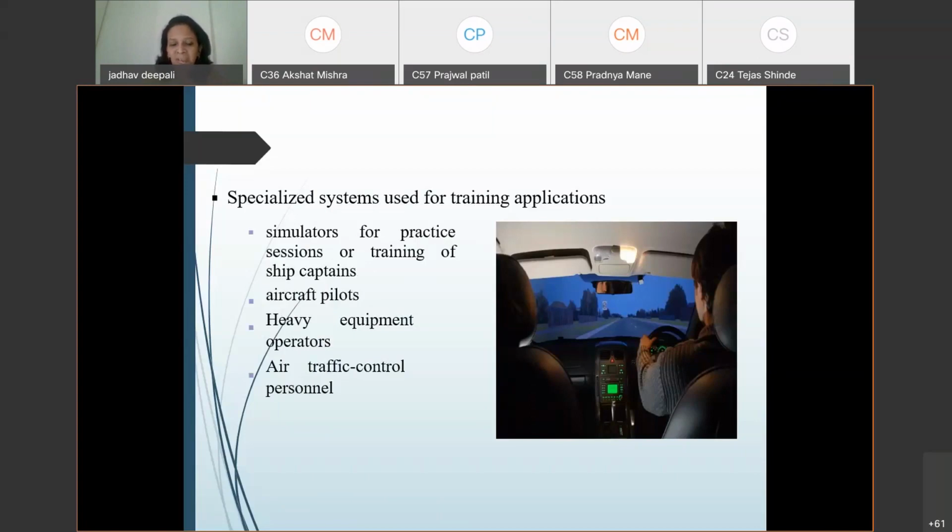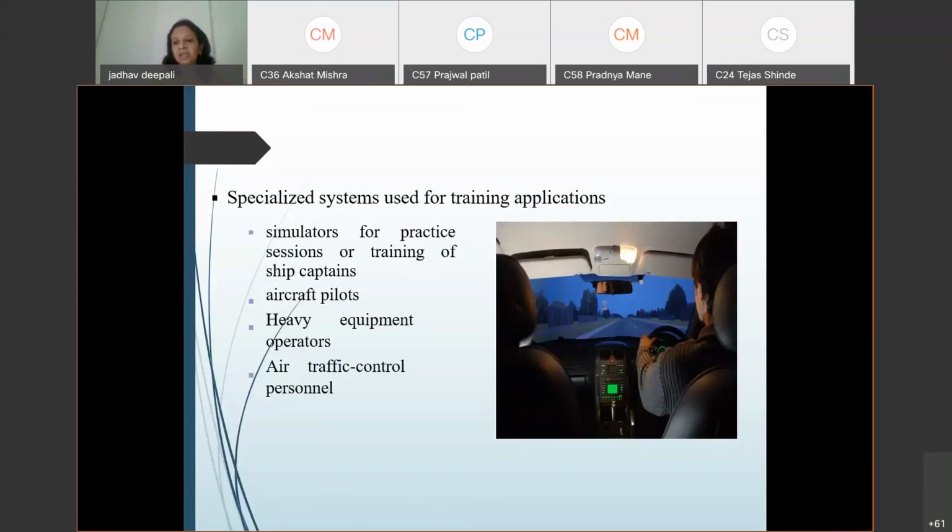It provides the gears, clutch, brake, accelerator, everything, but it is not on the road. So the training is given using the simulator, and that is available in Kolhapur also. First the training is given to the person in their showroom, Sai Services.